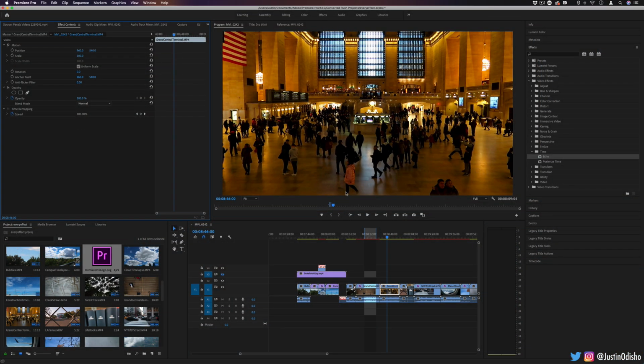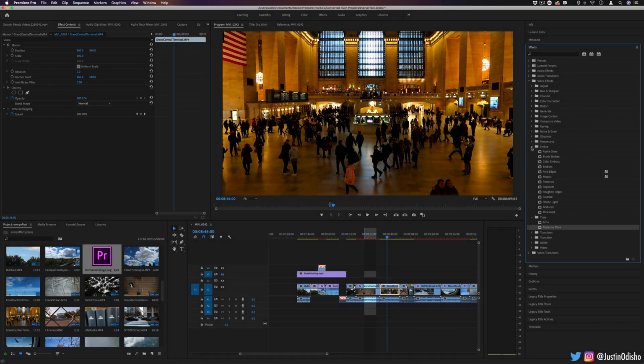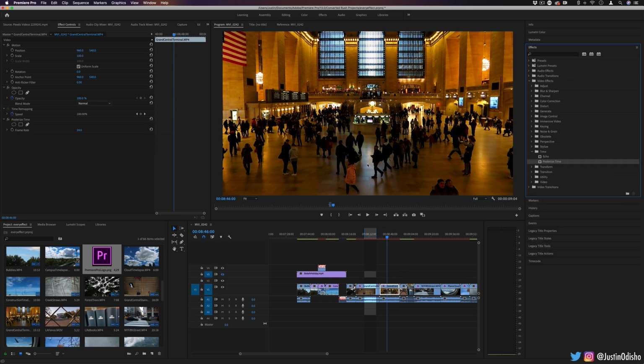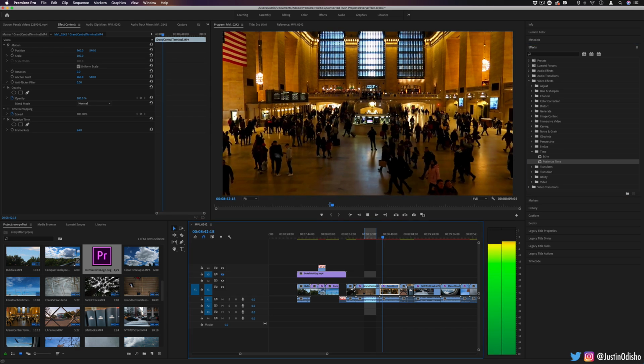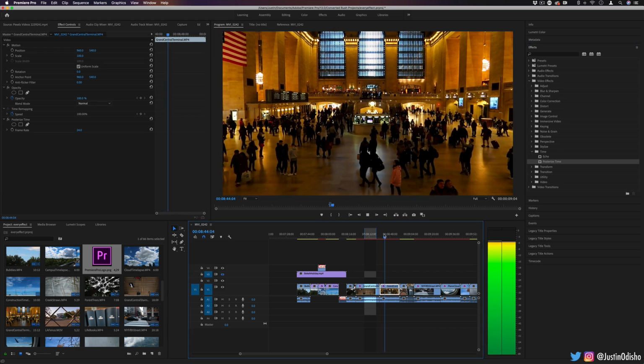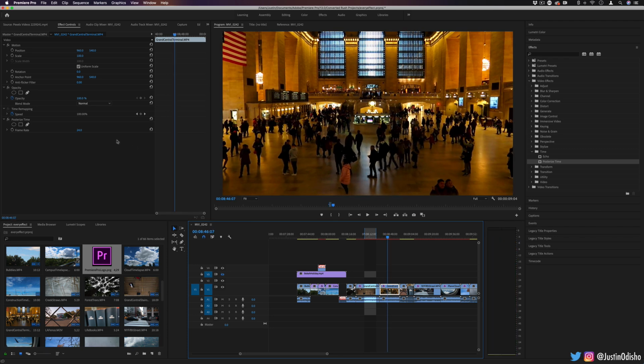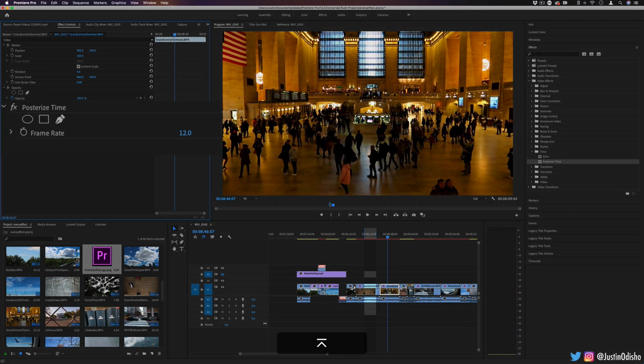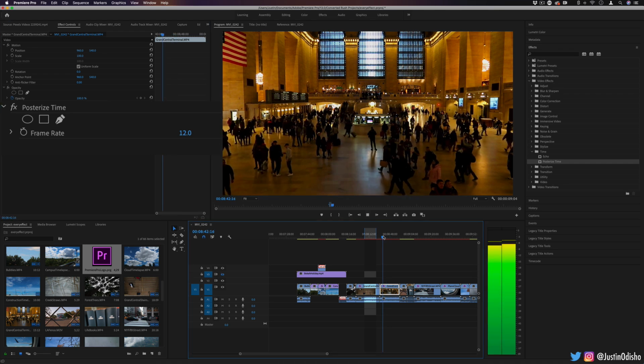Now, related to echo, but not exactly the same, is posterized time. So the same way we talked about the posterization effects in the previous video with the stylized effect, posterized time does the same thing, but for the speed of the clip or the frame rate. So this is posterization at 24 frames per second, which is a pretty standard video frame rate, so everything looks normal. But if I was to cut that in half to 12, you'll start to see things get choppy, almost